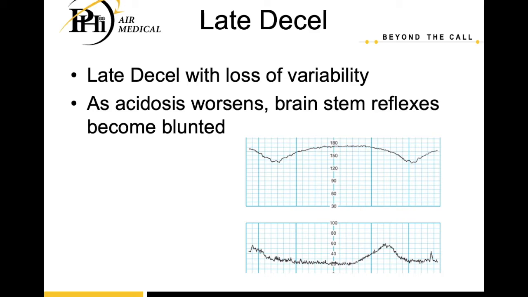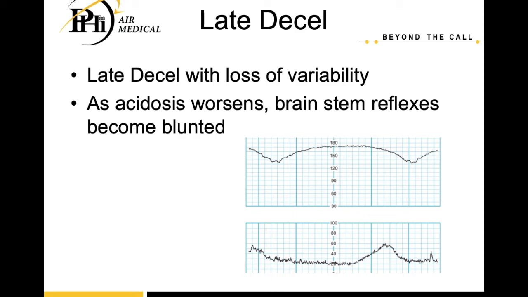If we didn't correct that problem a few slides ago with that PO2 being pretty low, eventually that's going to cause suppression of that fetal nervous system. And we know that if we have suppression of the nervous system, we lose our beat-to-beat variability. If we do not correct this problem, seeing late decelerations with minimal variability, we eventually are going to start to